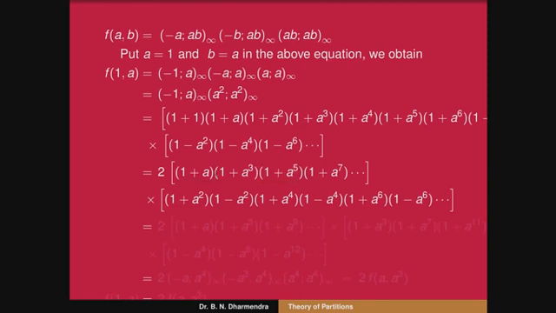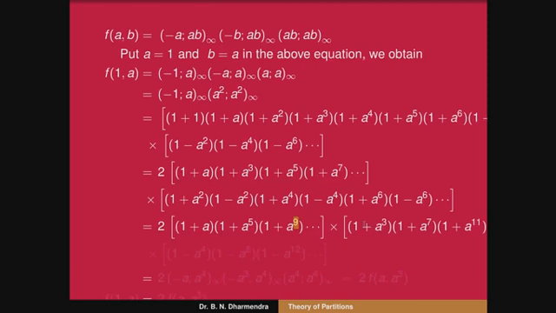And similarly, now I am collecting the second collection, that is 1 plus a cube is the first term, and 1 plus a to the power of 7 is the second term. It can be written as 2 times 1 plus a, 1 plus a to the power of 5, 1 plus a to the power of 9. The base difference is 4. You can observe the terms: here a to the power of 1, here a to the power of 5, here a to the power of 9.